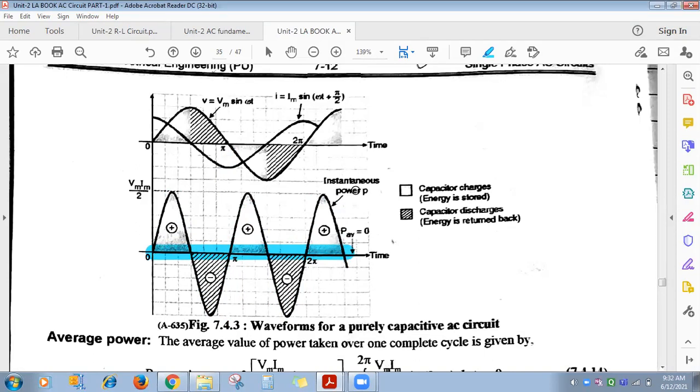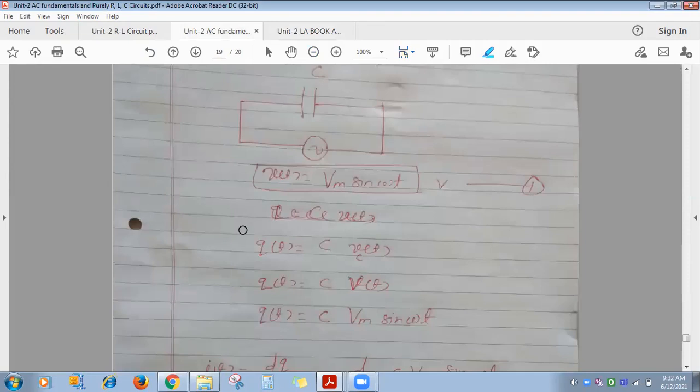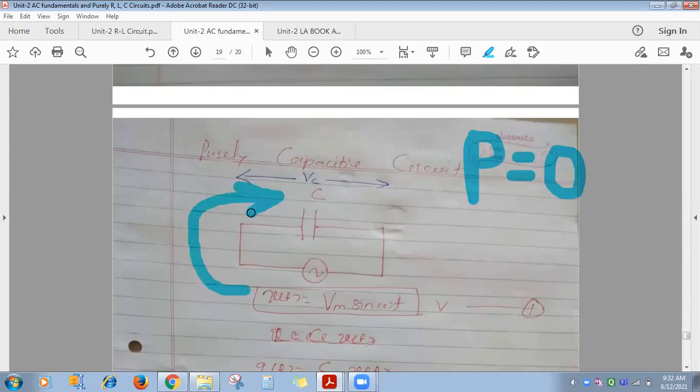Got it? So this is the instantaneous power and this one is the average power. This is all about the waveforms. Now here also the same thing happens, whatever we have seen for the inductor, that is, the capacitor does not consume any power. Then what happens here, active power is 0. Power consumed by the capacitor is 0. Then what happens in the case of a capacitor? When you switch on, energy flows from source to load when current is increasing.